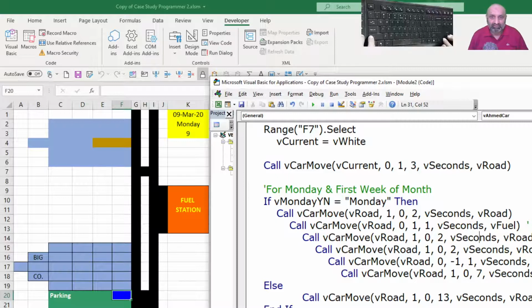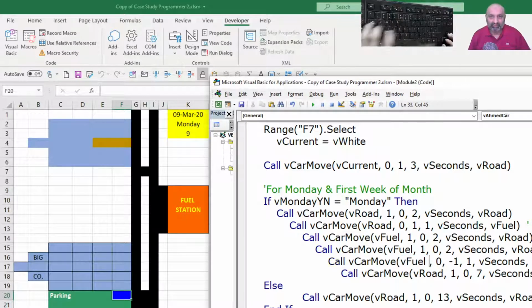And once it is in the pump, the current color would be of the pump, and again, current is of the pump. So once it is in the pump, the new will be pump, new will be pump until we move back to our column. So let's run it again. Mr. Ahmed, go back to your home.